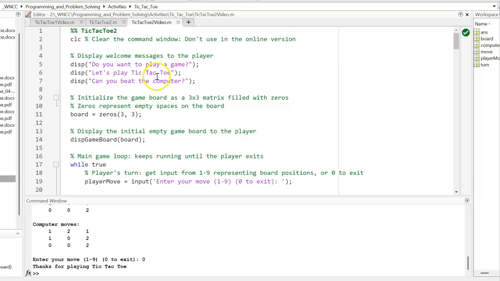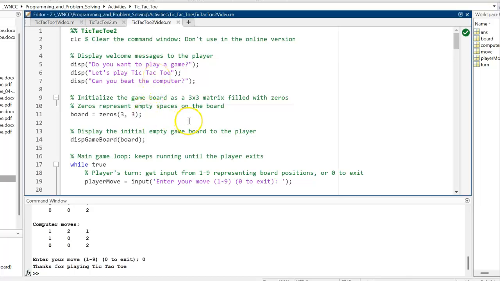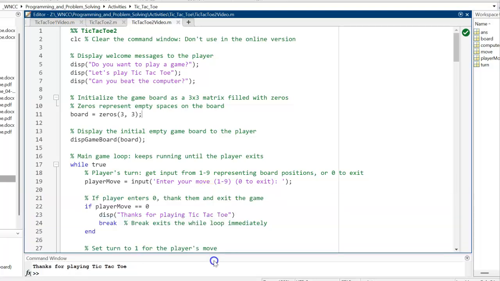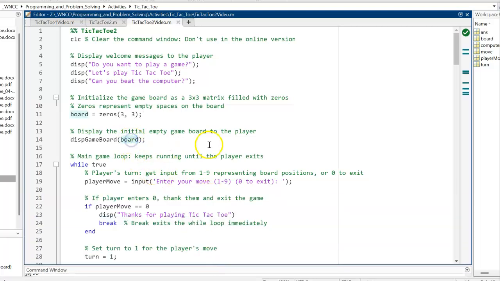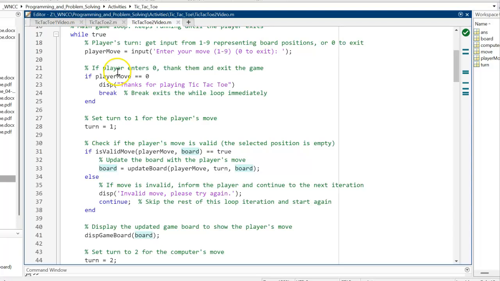So we display the welcome message to the player. We create a board with zeros. Then we display our board. We're in our while loop. Enter your move. If the player move is 0, we exit. Now we're at the player's turn. Is this a valid move